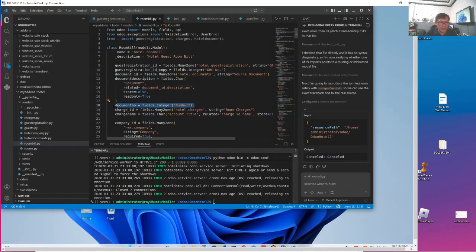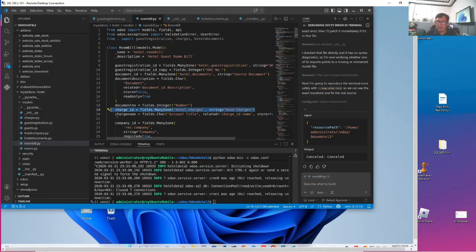We have the document number, and remember we have generated a PostgreSQL function that will generate the next number for each hotel. We have the charge ID relating to the charges. What are the charges? The room charge, the restaurant bills, and even the payments are also stored there.